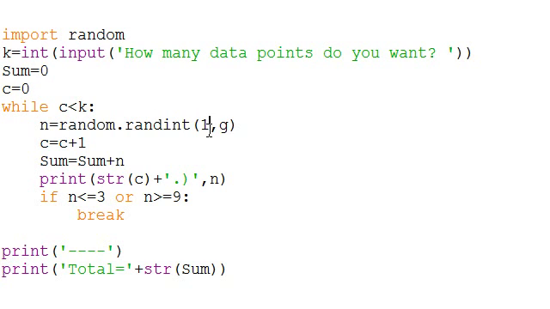We could change this to whatever letter you want, and in our input statement we could ask for numbers between a lower and an upper bound. You would just say the variable is equal to the input, and then ask what's your lower bound, and what's your upper bound, if you wanted to do that. So you want to tweak around with this thing and get it to do other stuff. Alright, this concludes